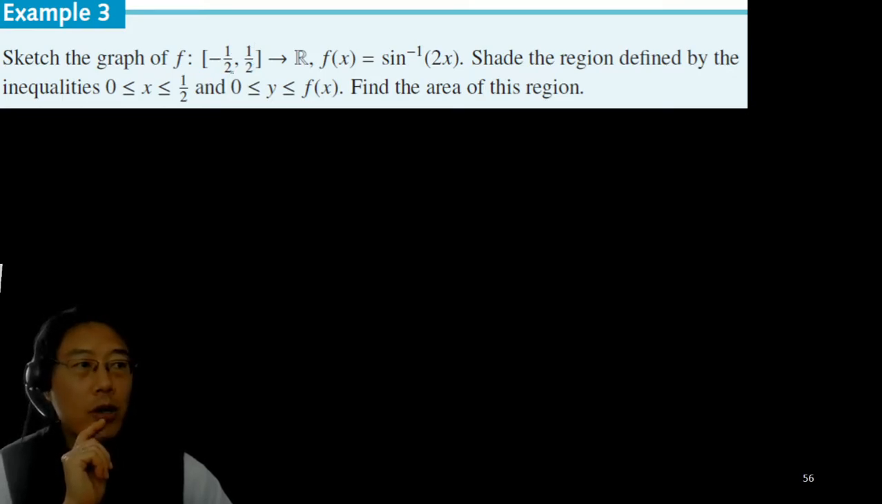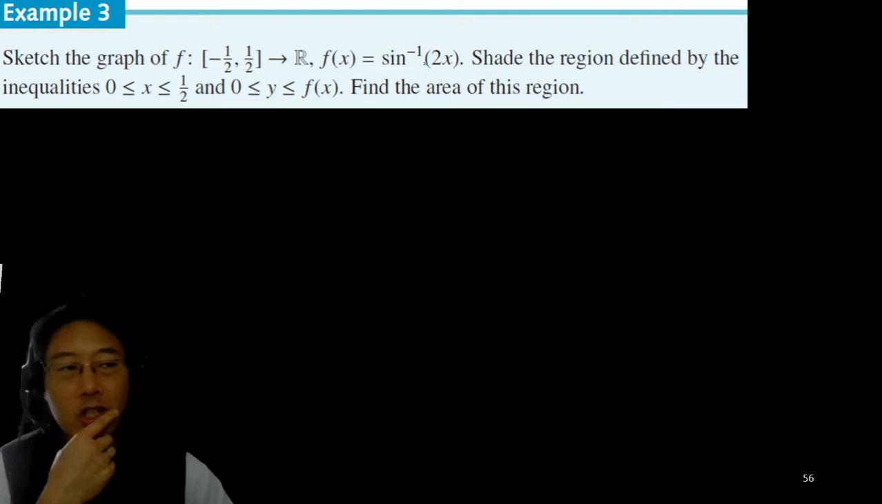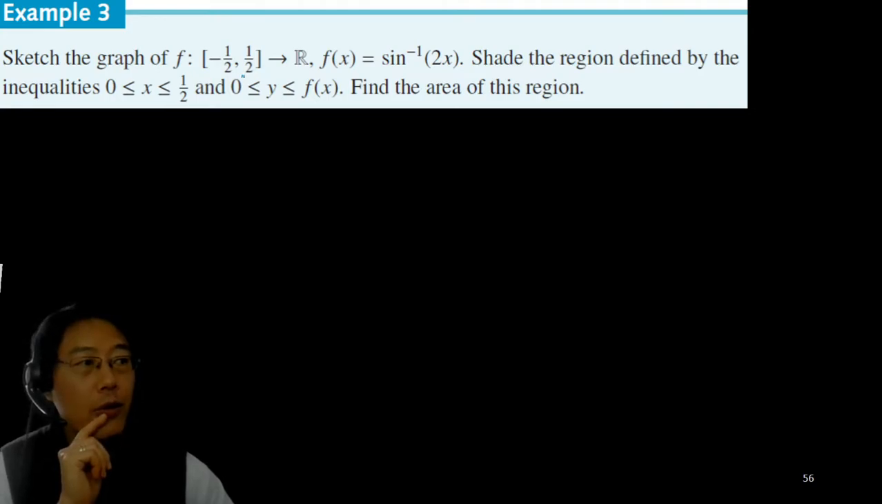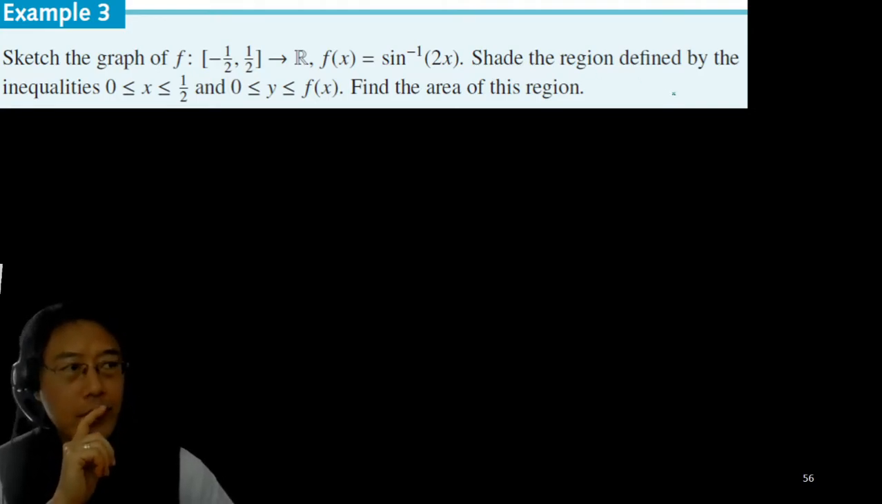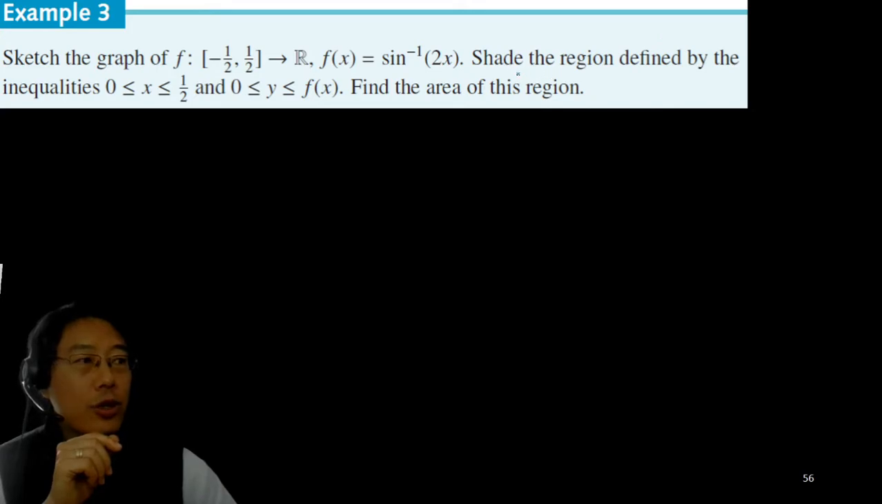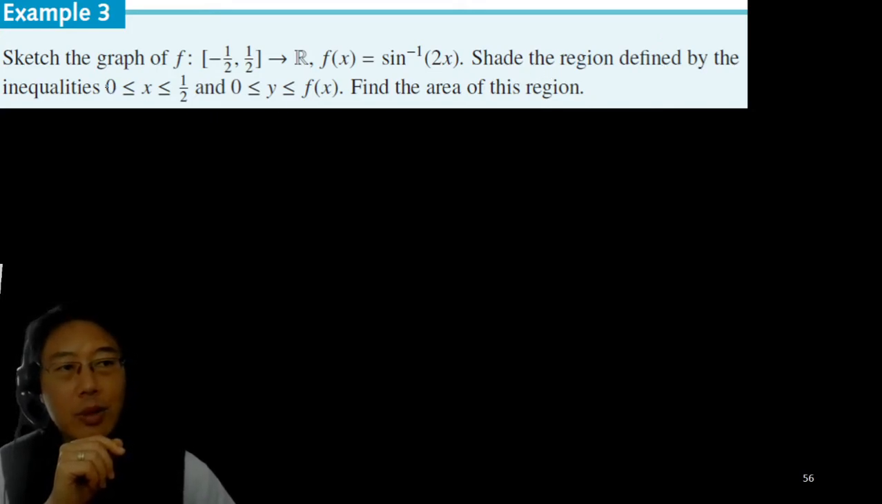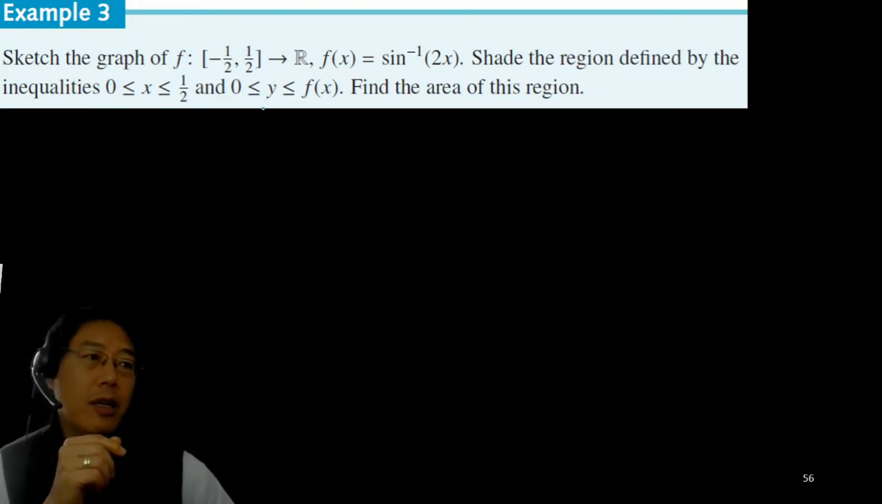So the domain is from -1/2 to 1/2. The reason why the domain is like that, usually for inverse of sine is from -1 to 1, but because you have a 2, the period is changing, so you reduce the domain accordingly. You need to shade the region defined by the inequality, so x has to be between 0 and a half, and you need to find